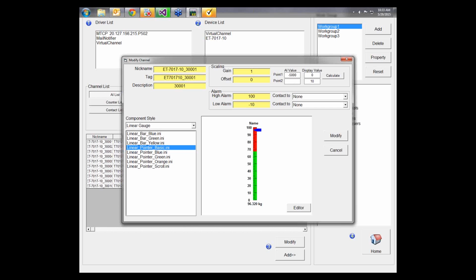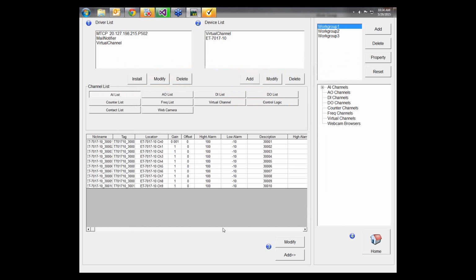to 5,000. And I would like to show you between -5 to 5 volt. Here, just type 5, click calculate, and I see the scaling values here. And I'm going to click modify, do this, then click